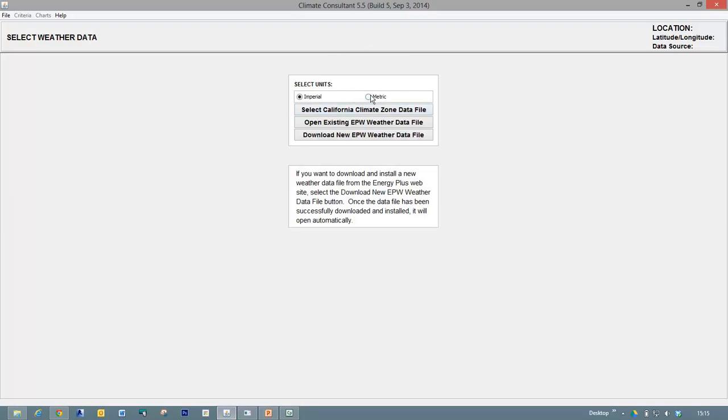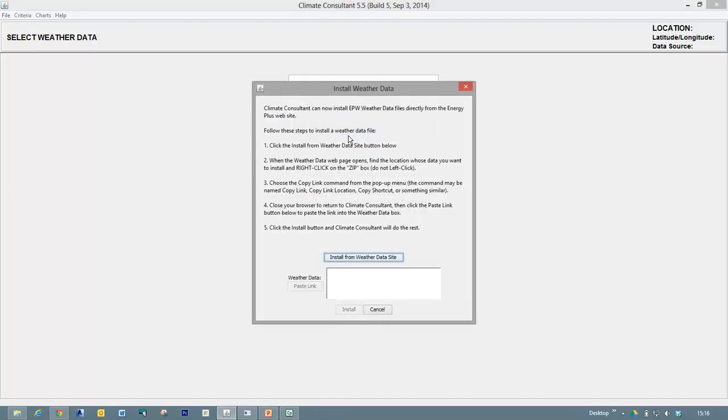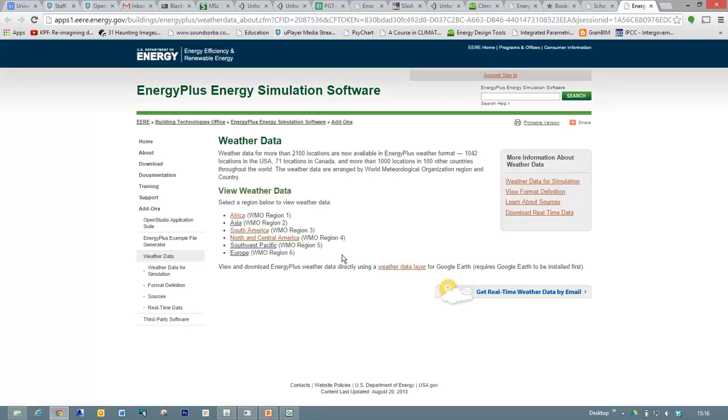Let's just select the units to metric before we do anything else. And it's offering us now a choice of weather files. So we could open an existing, or we could download a weather file. So let's go and download one. Gives you the instructions here. It's all quite simple. Click on the button. Takes you to a weather site. Okay, this is the Energy Plus weather site, and